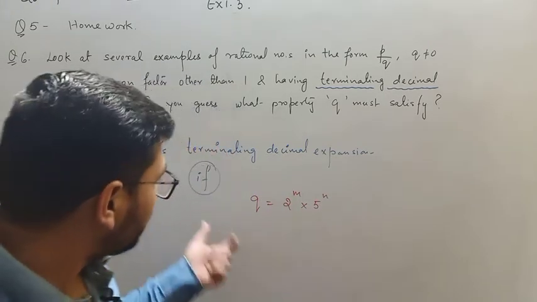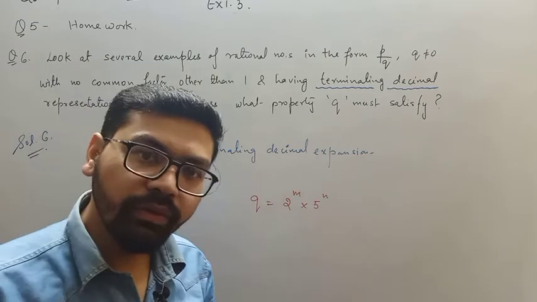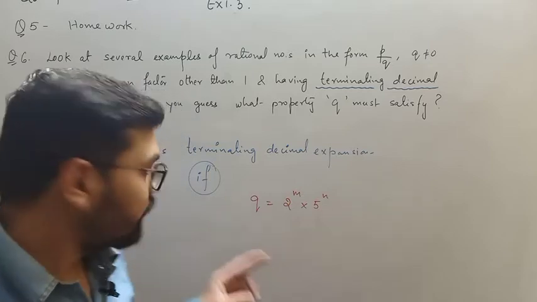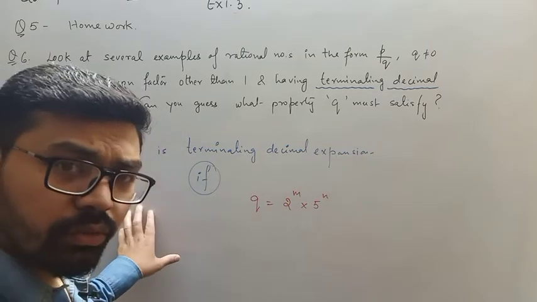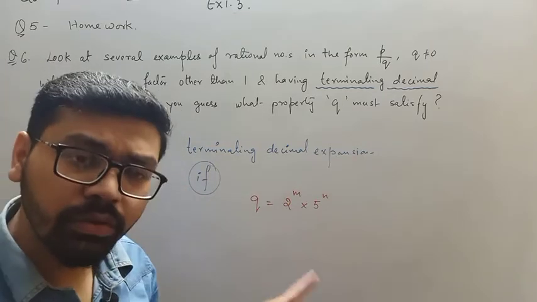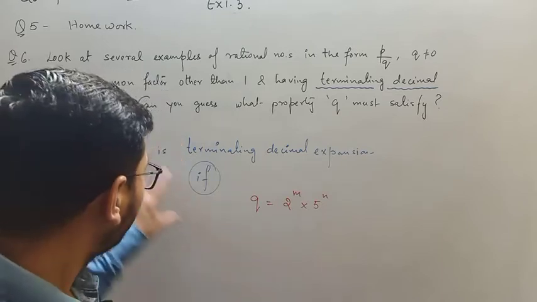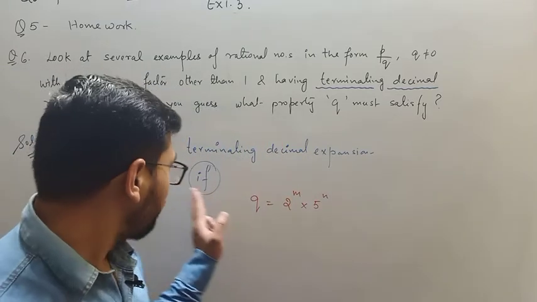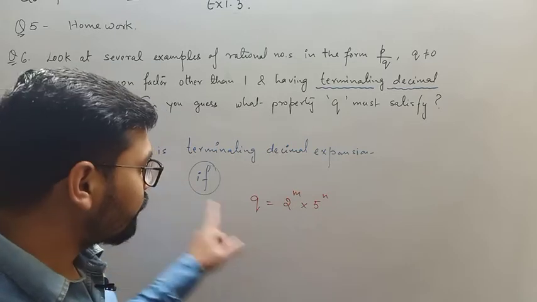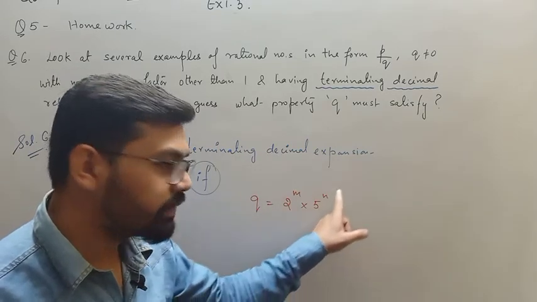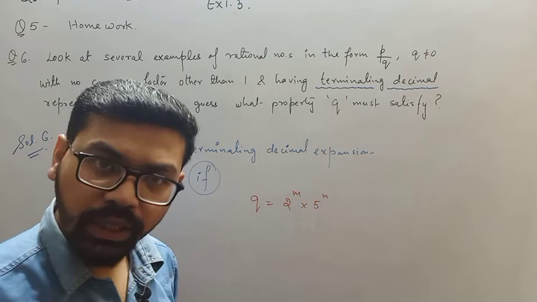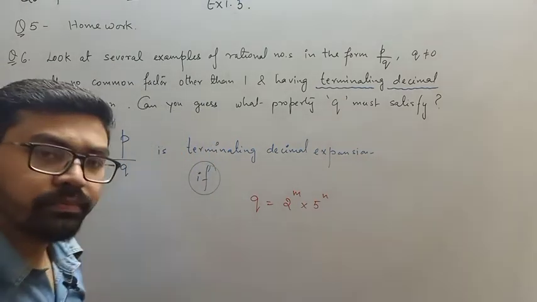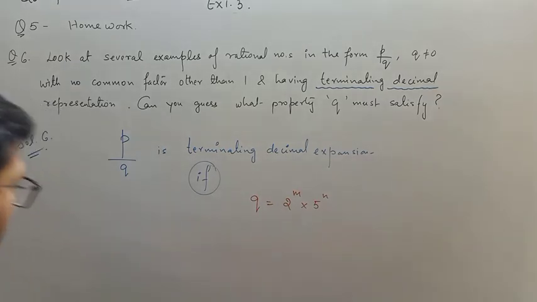Okay, so beta, if P upon Q, without dividing P by Q, even if you do not divide P by Q, just by observing you can tell whether the fraction has a terminating decimal expansion or not, by just observing the pattern of Q, which must be 2 to the power m into 5 to the power n. Okay, any doubt in this? Please note it down fast, or I'll give you one example.